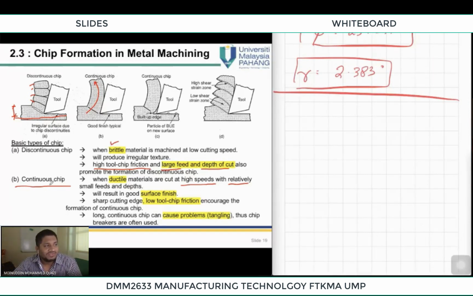Now these kind of chips produce smooth surface finish, so they are desirable. Remember, you have this calculator, the surface finish is very nice, very smooth. Your smartphones have got very nice surface finish. The first thing when you touch something is you feel the surface. The surface finish is very good. So that is why for customers' need for a product, the surface finish should be very good. It means your chip should be continuous when you're producing something.